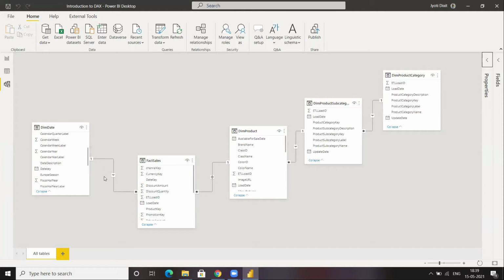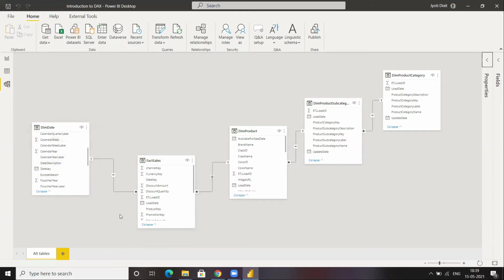And there is this arrow over here. What this arrow is trying to tell me is that dim date is able to filter the fact sales table. Any column in dim date is able to filter the fact sales table, right? So this becomes a unidirectional relationship. Why?